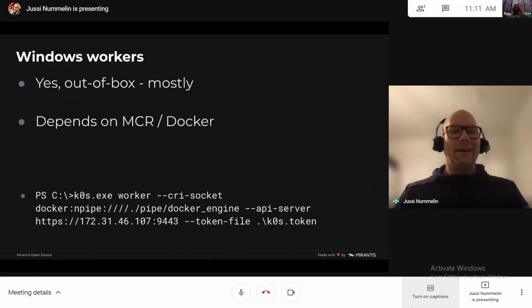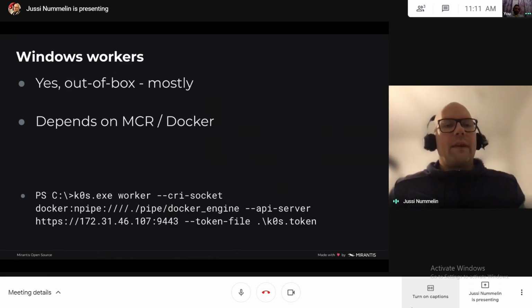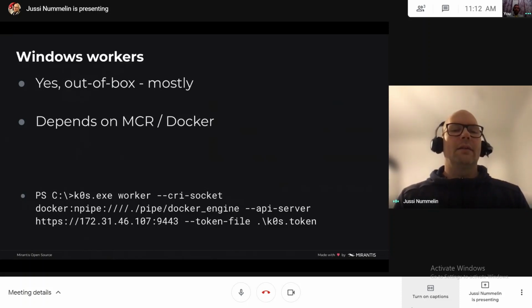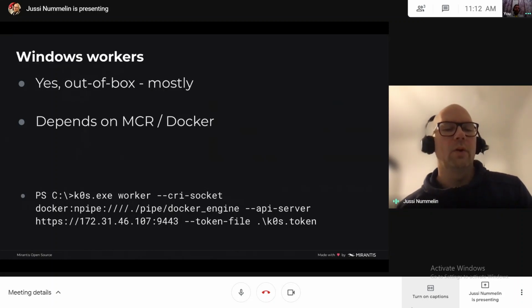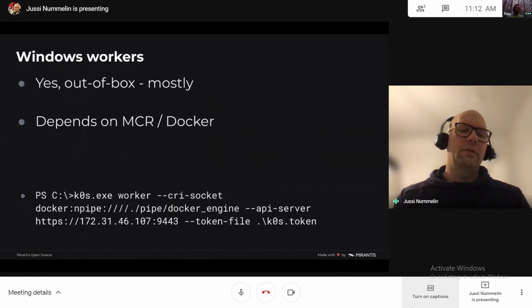One of the things that we are trying to work out is the dependency on existing Docker or Mirantis Container Runtime on Windows. So currently you can use k0s only when you have already installed Docker or MCR on your Windows nodes.